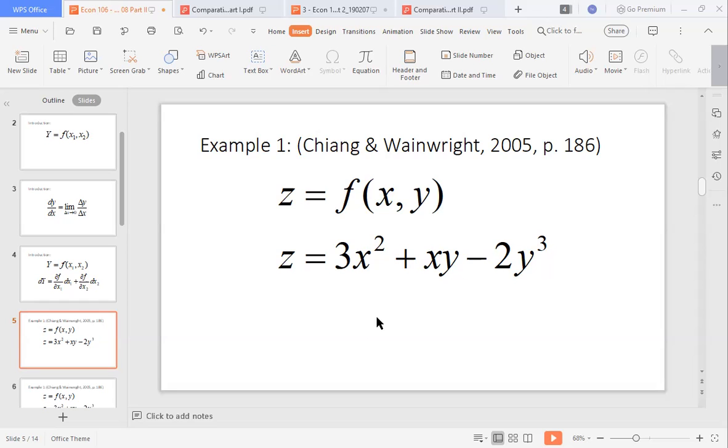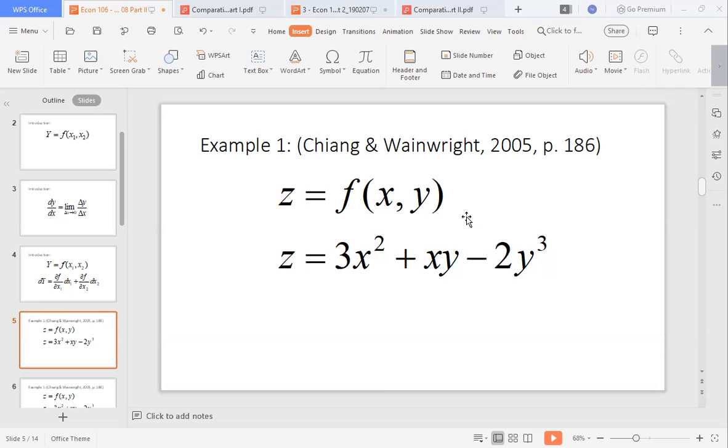So let me just ask a few questions, Gonzalez. When you have this function z, again, z is equal to 3x squared plus xy minus 2y cubed, what do you think is the total differential, or what